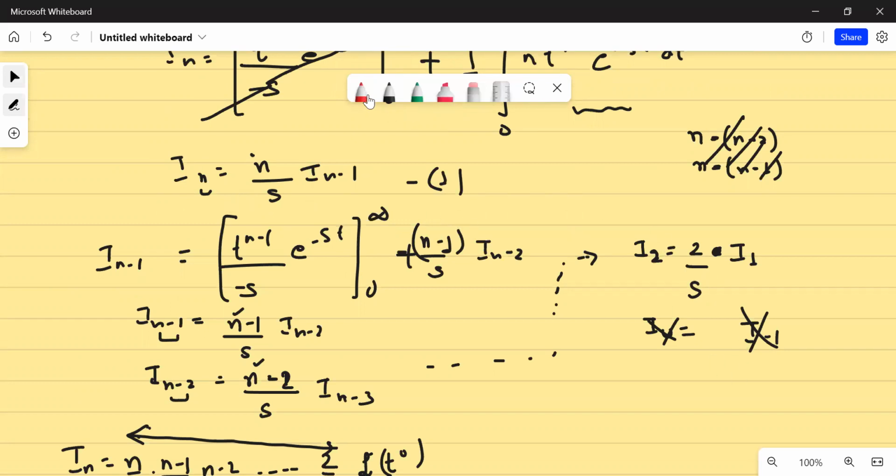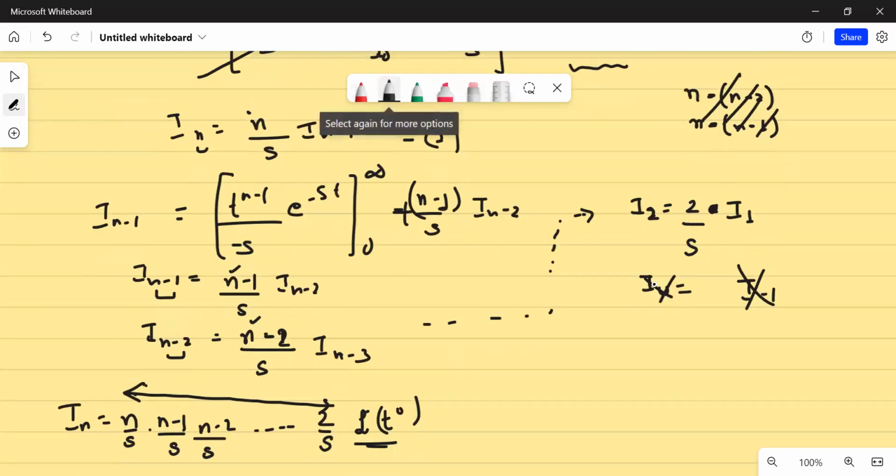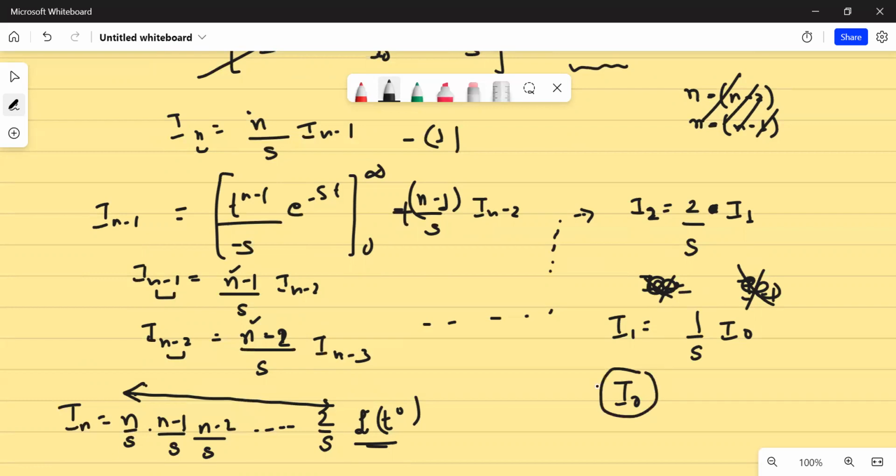लास्ट टर्म क्या होगा I0, एक चेक करते हैं इसको, कुछ तो गलती कर रहे हैं। व्हाट वुड बी I1, सॉरी इसके भी आगे एक टर्म होगा, दैट वुड बी I1। I1 वुड बी व्हाट 1 upon s into I0, और I0 के आगे कोई टर्म नहीं आएगा, I0 की जगह हम रुक जाएंगे, राइट। सो देयर वुड बी 1 upon s here. इज दैट फाइन? सी I2 तक तो आ गए थे, I2 के आगे एक I1 भी तो होगा। रिकर्जन है, इसी को रिकर्जन